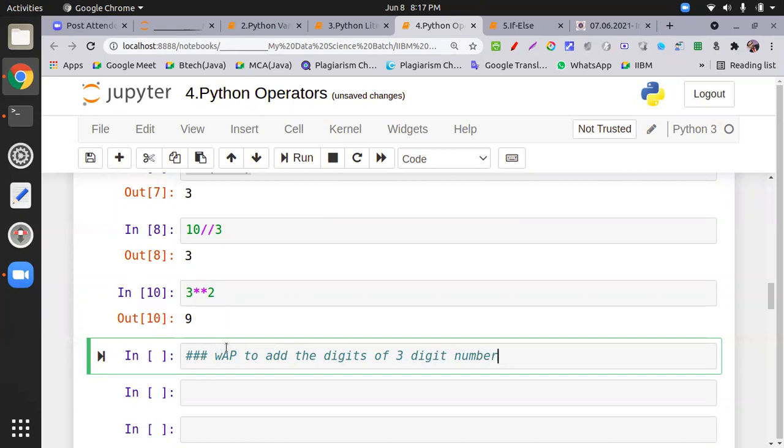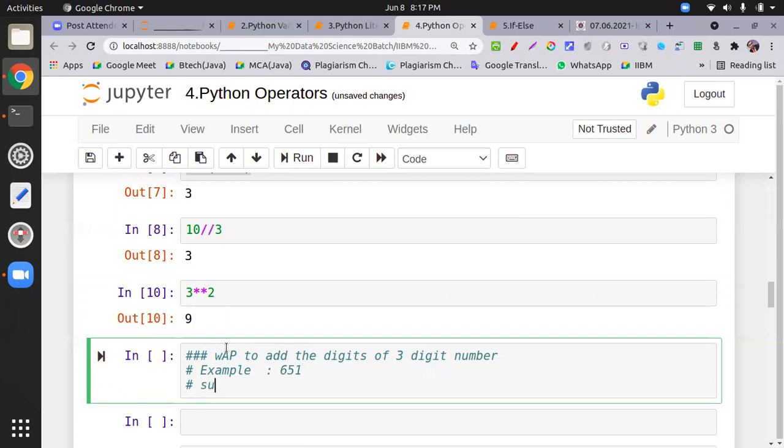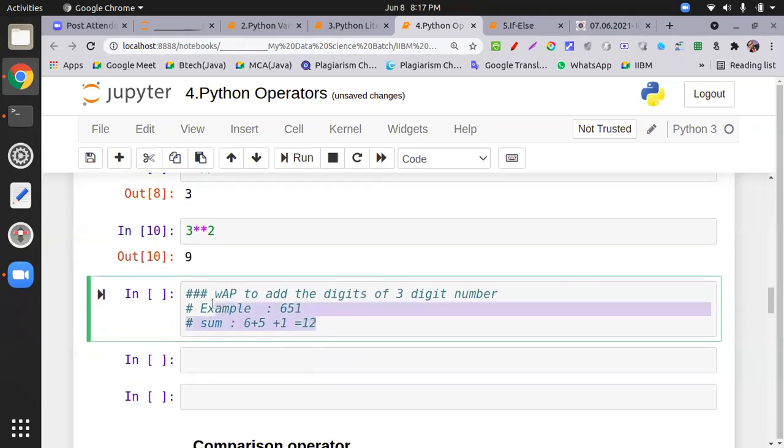For example, a number which I accept from the user, that is 3-digit, 651, and I have to put the sum, that is 6 plus 5 plus 1. Okay, that is 6 plus 5 is 11, plus 1 is 12. Only using operators, no loop required, nothing else is required.